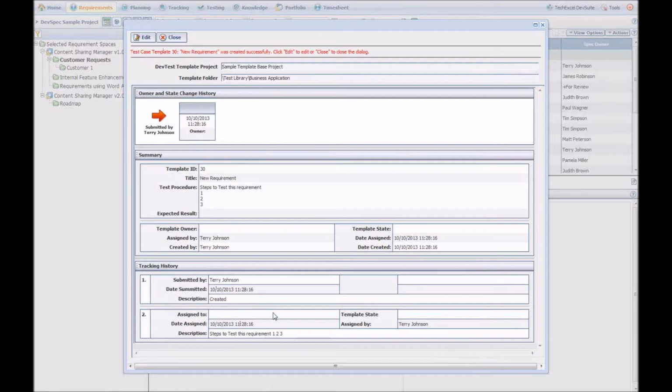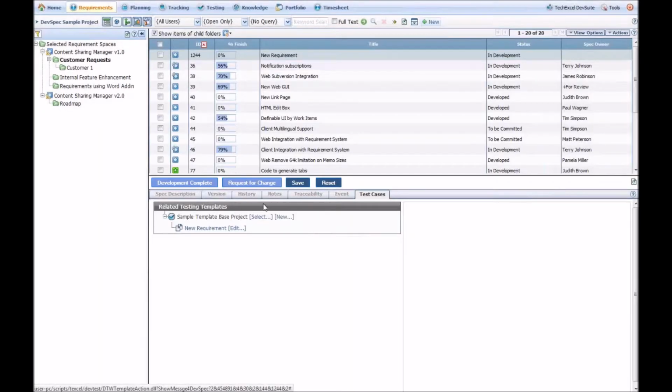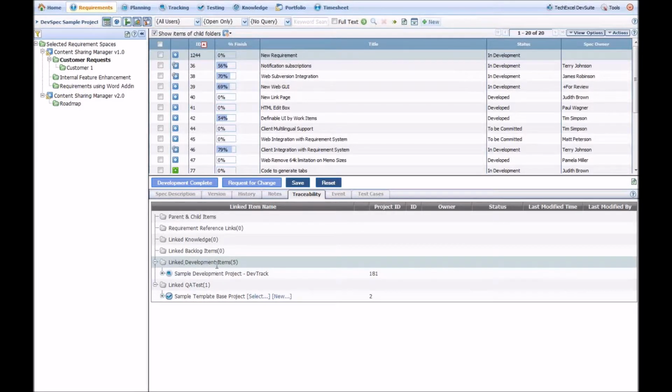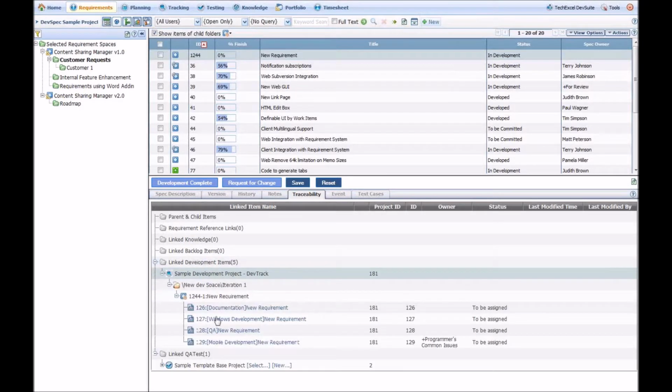I just get a tracking history of who created that and just simply close this. So now I have used my requirement to define both my development and test cases, and this is how we will achieve the traceability. So just to give you an idea, I would just simply switch to my traceability tab. I would say linked development items, and I can see what are the different development items linked along with some